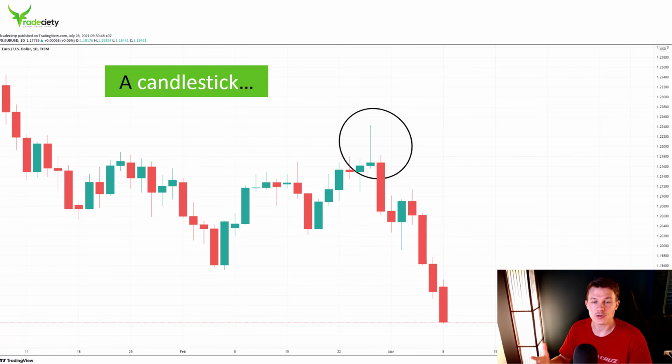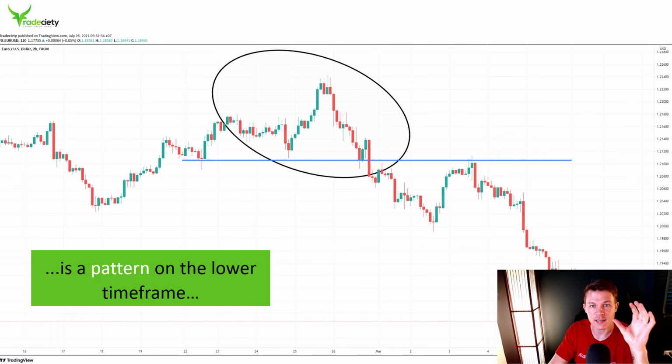And as I've shown you, we start at candlesticks and then we will make our way down to patterns and trend analysis. And many traders may believe that candlesticks are not reliable, they're not strong enough, because what do they tell you? Because they're just one simple single thing on our price action charts. However, when we start at the higher time frames and when we look at this candlestick here that I have circled, now we are on the daily and we go lower, and this candlestick suddenly turns into a broader pattern